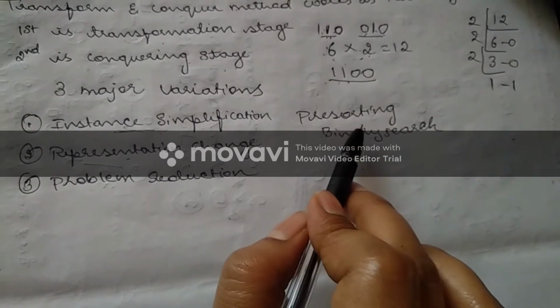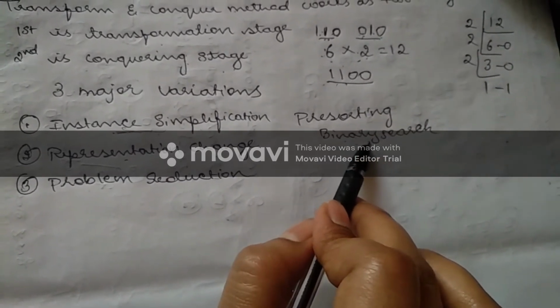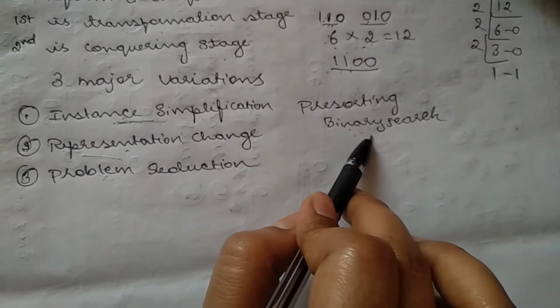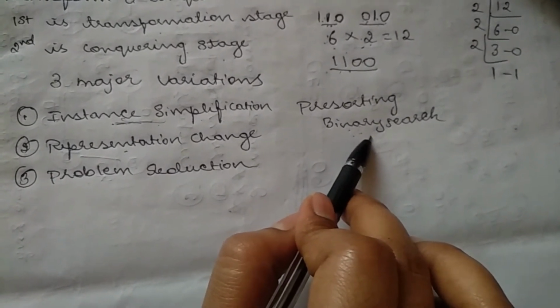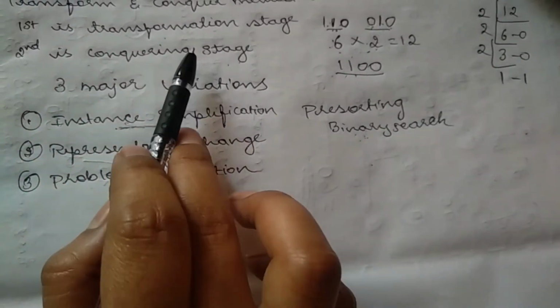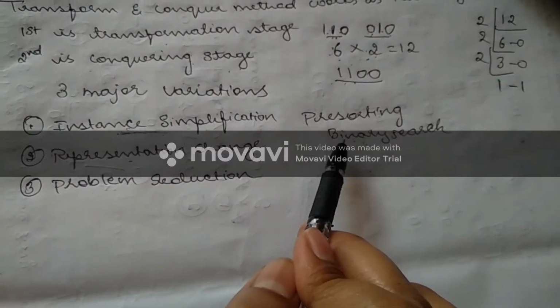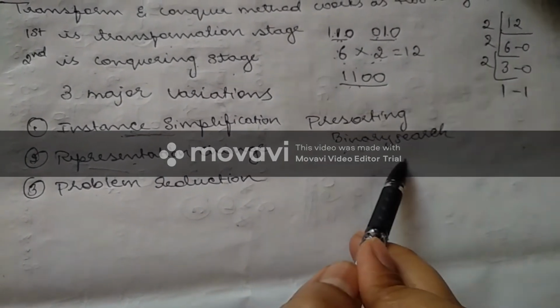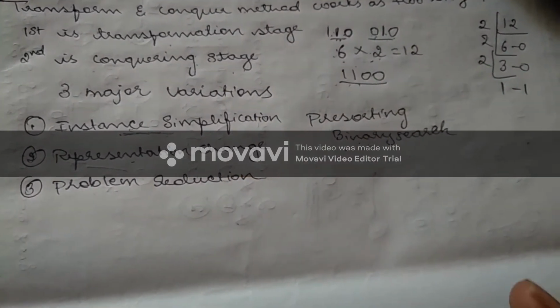But it is not in a sorted order. They have just given an unsorted array and they're asking you to do the binary search. That is impossible, is it not? In order to overcome that, we use this transformation technique. I'll just transform the unsorted array into a sorted array. I'm not changing the elements of the array.